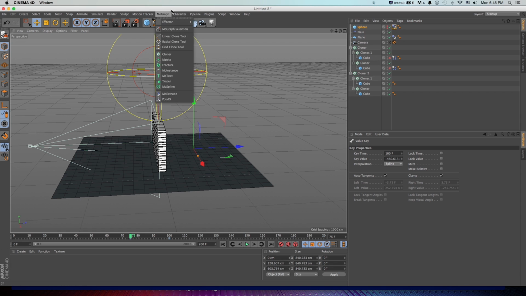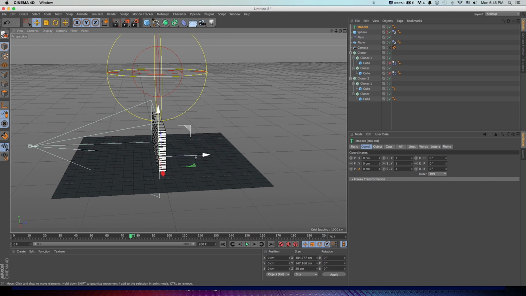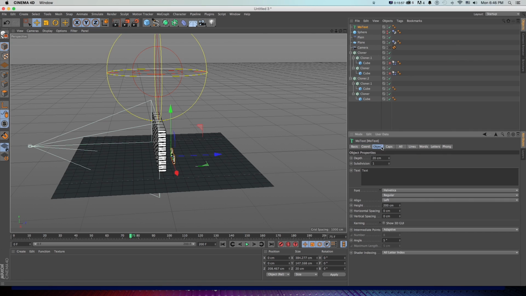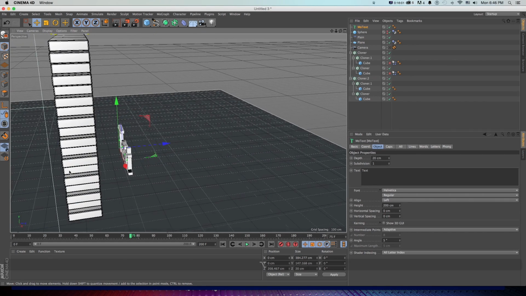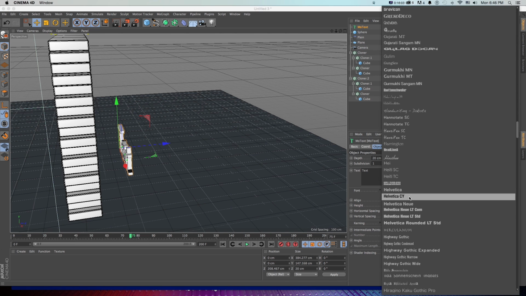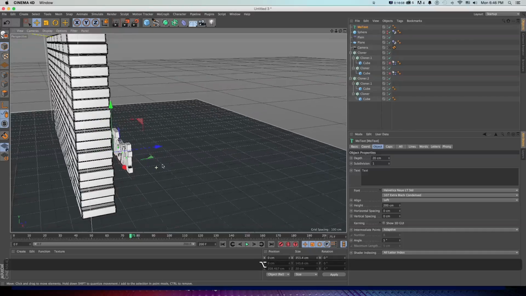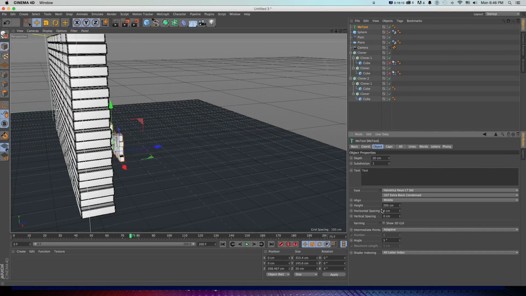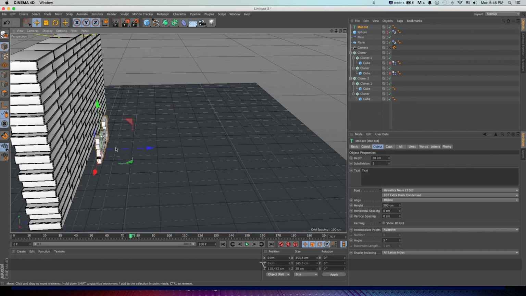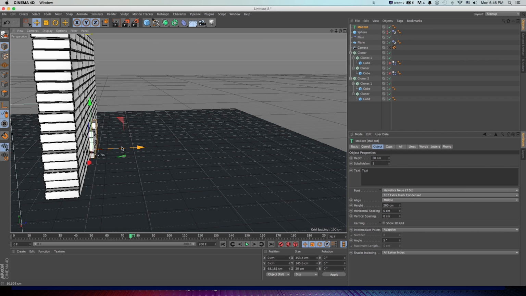Let's grab some text in there. So I'll just do MoGraph MoText, and I'll pull this back here, and then in my text, I'm just going to change this to something a little thicker so it fills our frame. So I'll go to my fonts, and I like this Helvetica New Standard, but you could use any font here. And then I'm going to center it in the middle and just line it up kind of right behind our bricks,